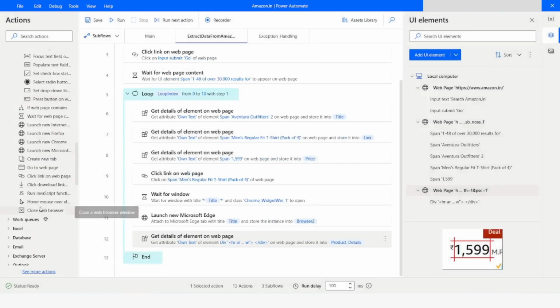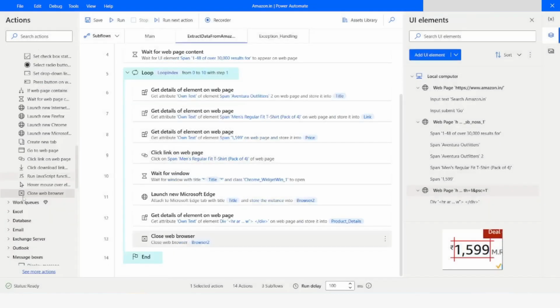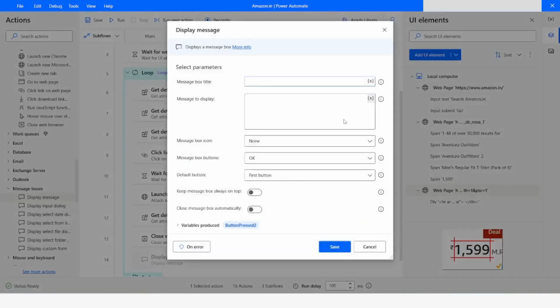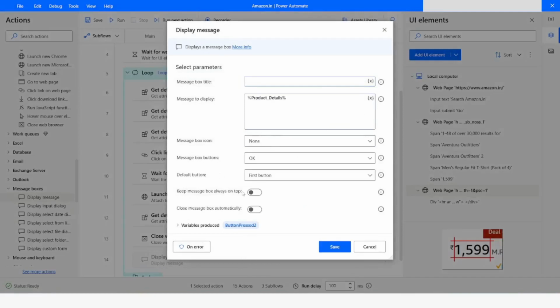I will close the browser, so I will take close web browser, and the instance will be web browser 2 because we just want to close that tab. I will click on save, and then I will go to display message, and here I'll populate that variable which is product details, and I will enable this option to keep the message box always on top. I will click on save,